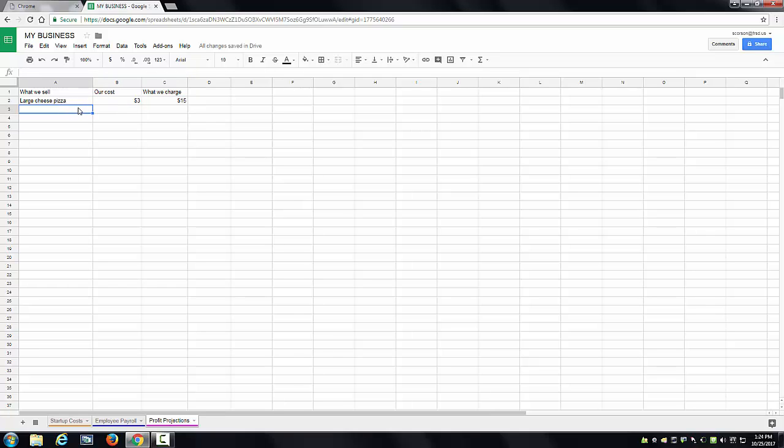If you want to research the cost of things to make it more realistic, you can, but estimating's okay here. And then let's also do a large pepperoni pizza. That costs me a little more, but I'm going to charge way more. You want pepperoni, it's going to be $18. So column D, once you've figured out a sampling of the things, at least 5 things that you're offering or selling,